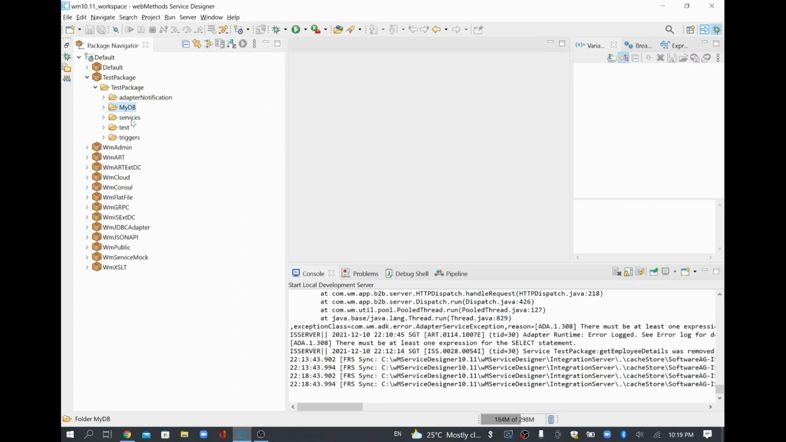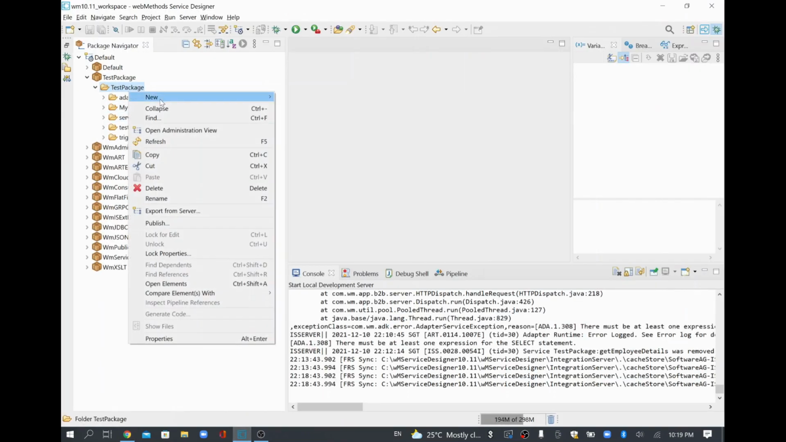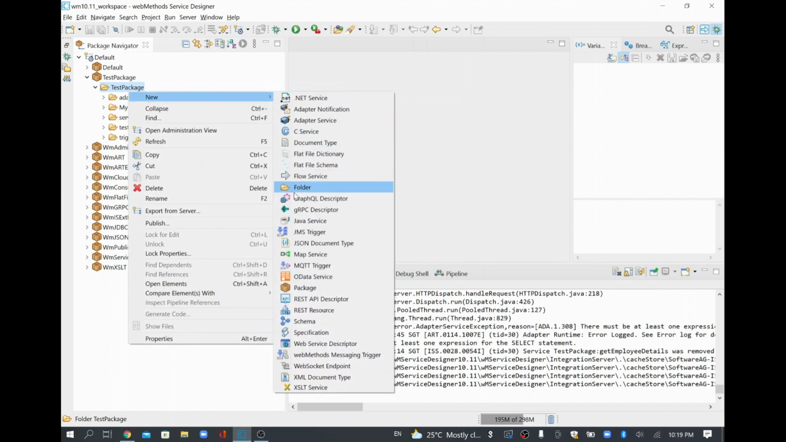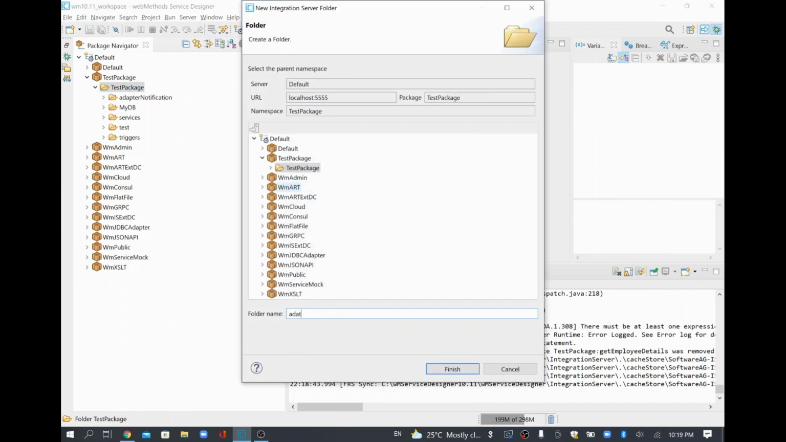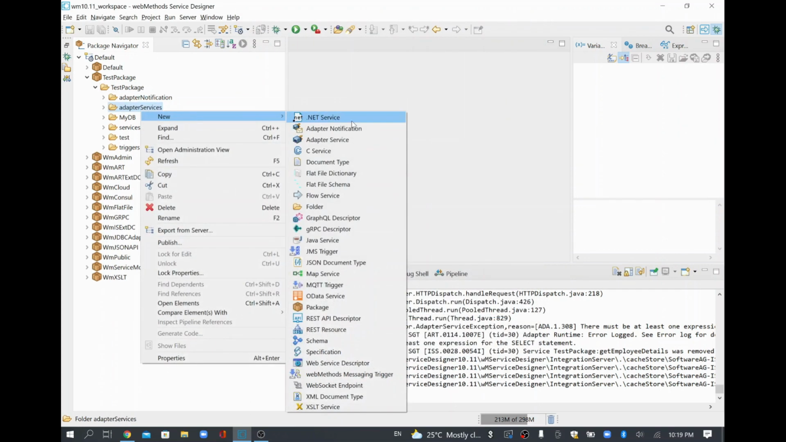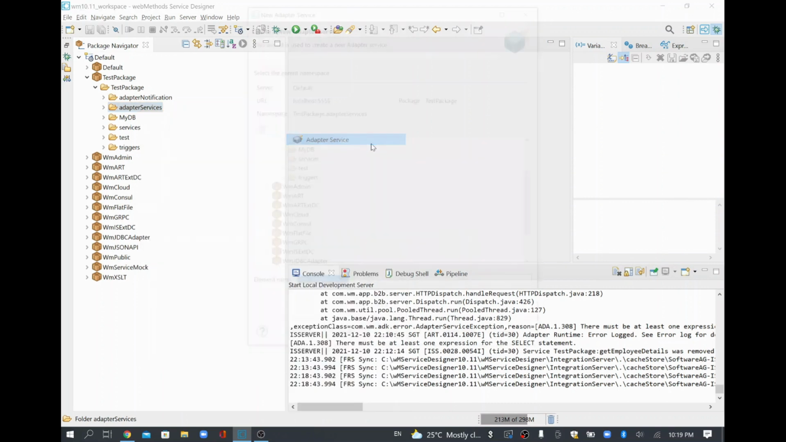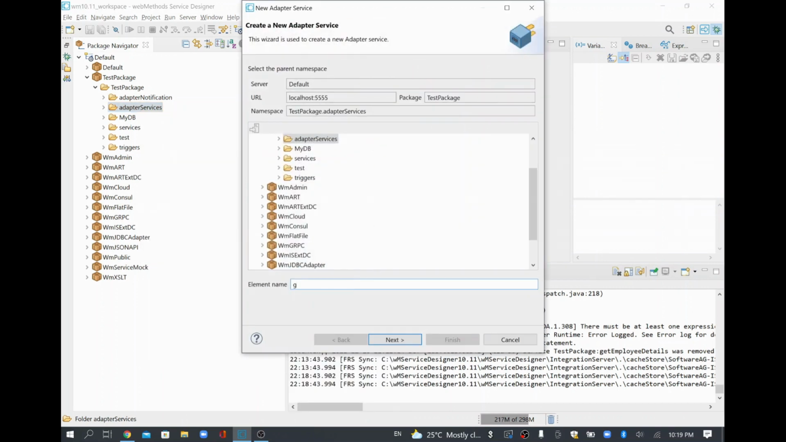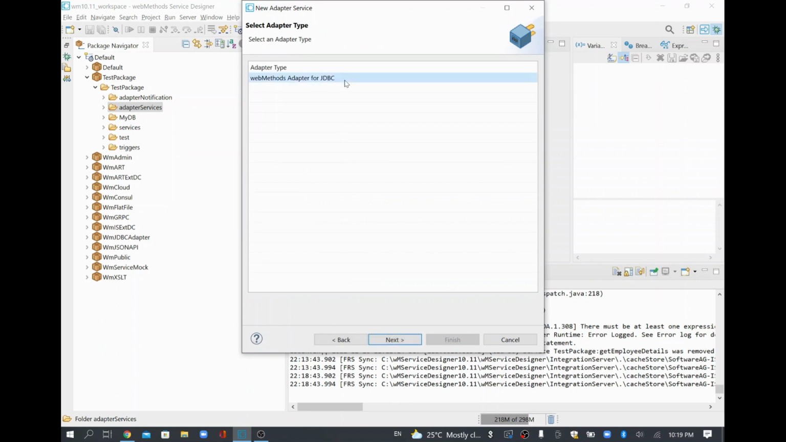I'll go to the designer and create one folder to keep our adapter services. I'll name it adapter services, and then here I'm going to create a new adapter service. I'm going to get some employee details from my employee table. So I'll name it get employee details, and in this integration server which I connected to,